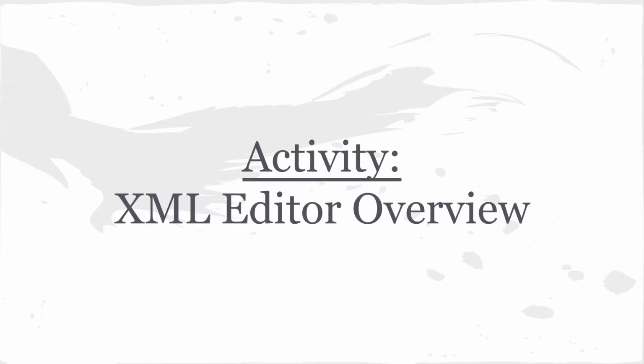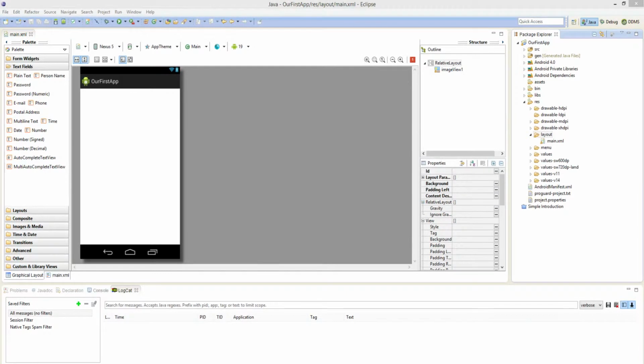So now that we know this, I want to jump into an activity in Eclipse where we're actually going to be going over the interface we're going to be using to create these XML layouts. So once again, here in Eclipse we have our first app application, which we made in the previous episode, and I've went ahead and made this main.xml file which we're going to be using to demonstrate the functionality of the Eclipse XML editor. But before we do that, I want to quickly go over the file hierarchy over here on